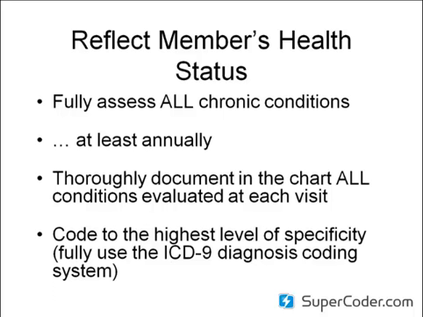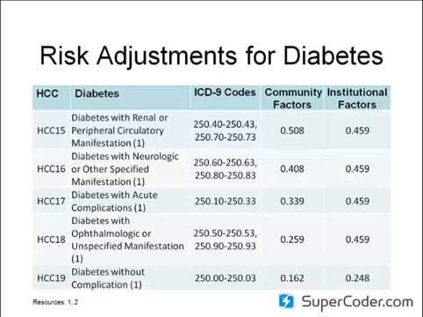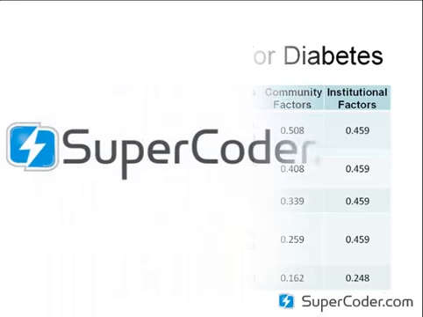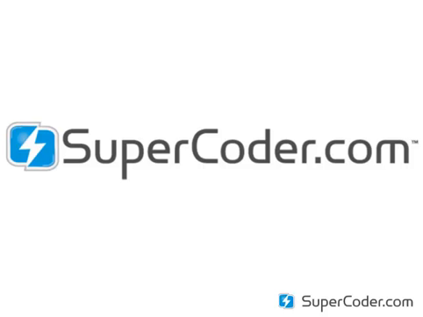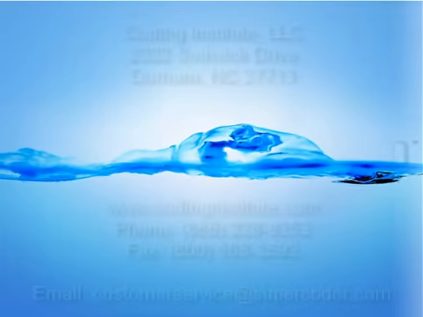So let's look at how this affects one typical HCC grouping that we have, and that's for diabetes. Diabetes is interesting because it's one of the few diagnoses that actually span a number of HCCs. So typically when you look at something like COPD, there's a 1-to-1 ratio where the COPD is always going to one HCC. There aren't multiple categories. Diabetes is one, I believe, the actual only one that